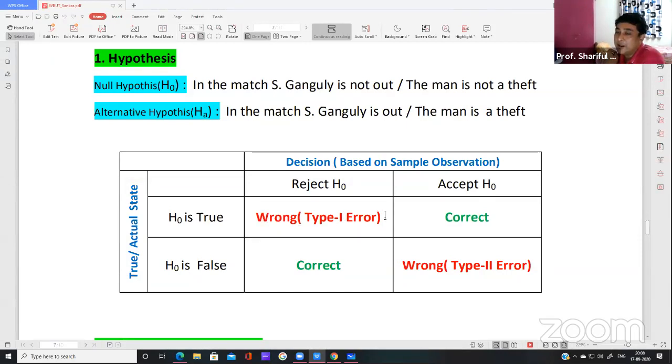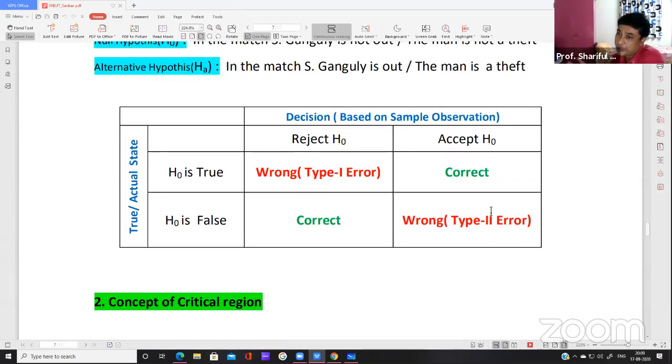Okay. In this error, what is happening? Actually, this human being was not a thief, but due to this judgment system, he is declared a thief. So obviously, this is a very serious error. And obviously, type 2 error is also an error. But we should be careful that this type 1 error should not exceed much. Generally at the 1% level, that means within 100 cases, I can allow only one case of this kind of